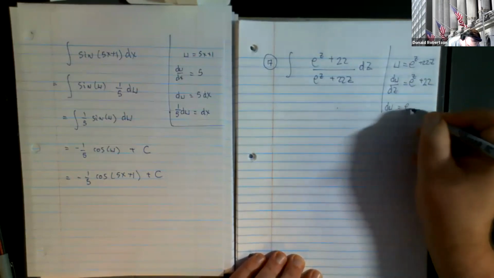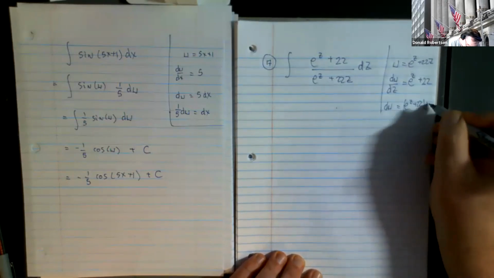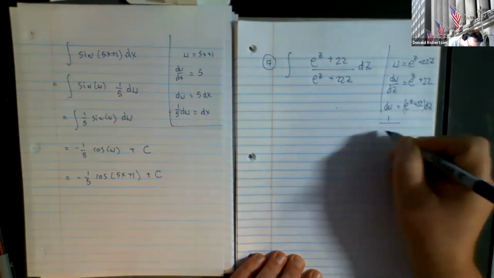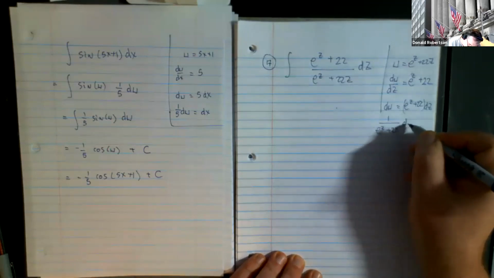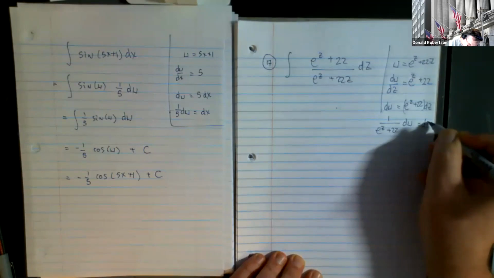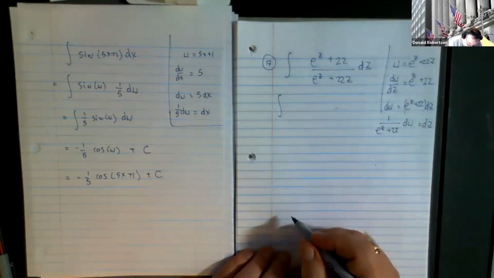And the crossover looks like that. And when you divide both sides, you get that. So this now becomes the integral of,